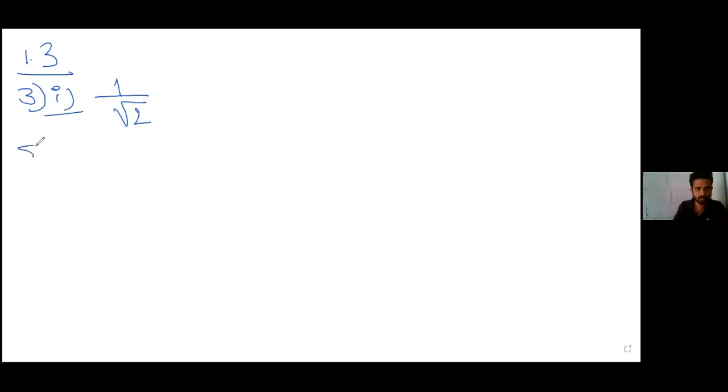Fine. So perform one more sum. From your Exercise 1.3, that is the third one. In that, the first one is proving that root 2 is irrational. It is also asking to prove that 1 by root 2 is irrational. So the solution is, for that, we need to assume that